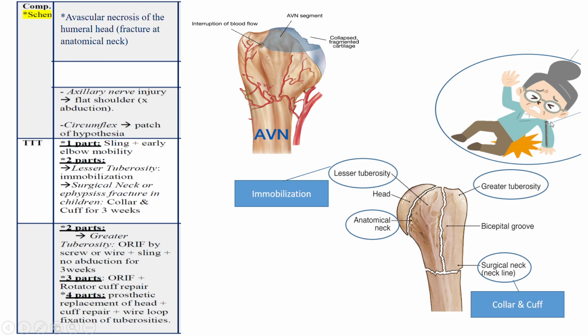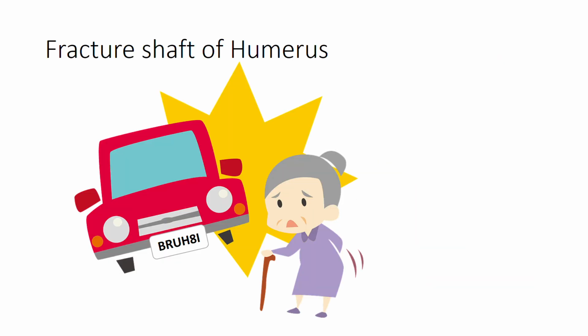will occur with open reduction and internal fixation by screws or wires, followed by sling and no abduction for 3 weeks. And so let's all memorize that the screws are mainly indicated for greater tuberosity fracture into 2 parts. So this is the summarization as much as possible for the treatment part, and now let's move to the fracture shaft of the humerus. Again, this is an elderly female with postmenopausal osteoporosis, and here is a motor vehicle,